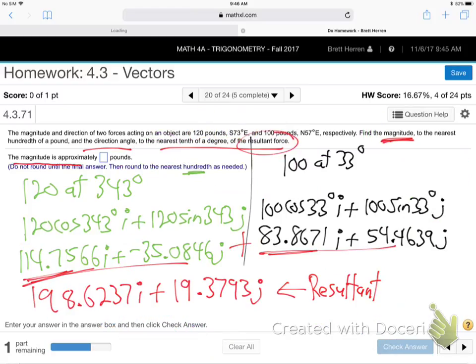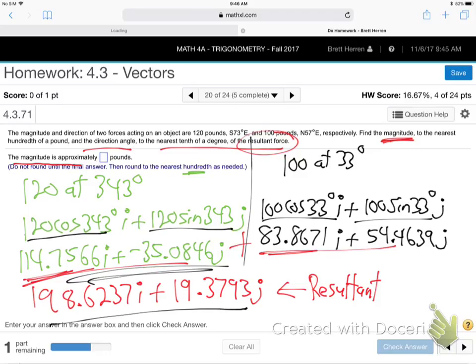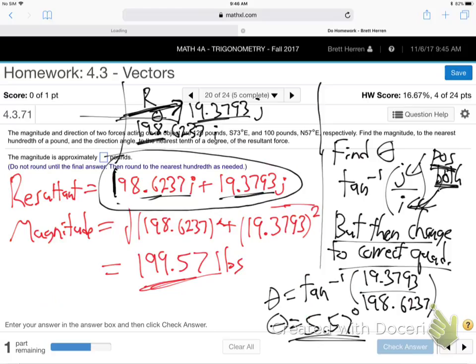And then we had to change them with 120 cosine, 120 sine for i and j. 100 cosine, 100 sine for i and j for the other. Get both ij vectors here, and then add them together. Add and subtract the i with the i and the j with the j. Get the resultant vector, and then we had to go back into the theta thing. So then we took our resultant, and we said, okay, now, put this back here, it looks kind of funny. Now we had to take that vector and go, okay, magnitude, square root of a squared plus b squared, 199.57, and